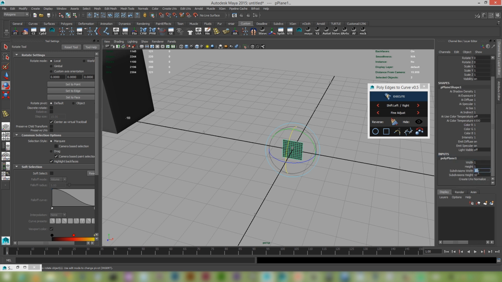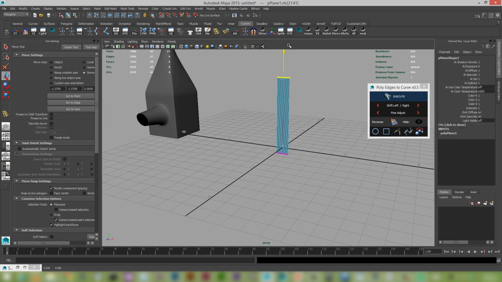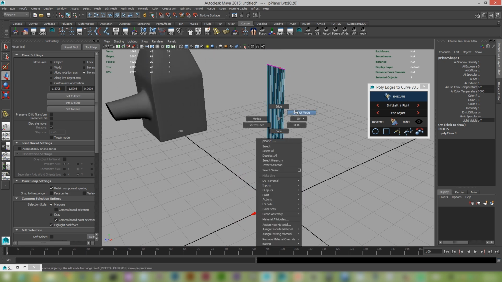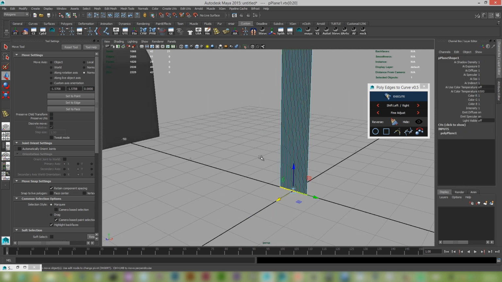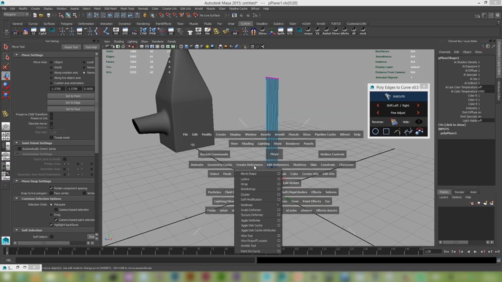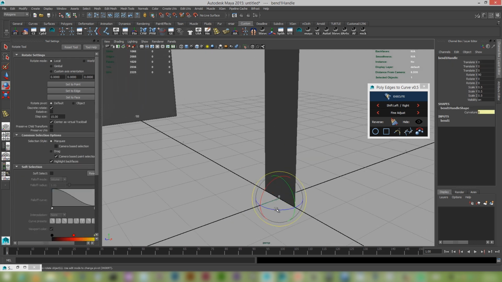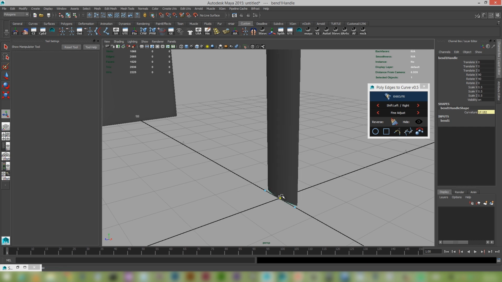So I'm just going to put my subdivisions to maybe just 20 for this instance, since I need to bend it around, and I'll set it to 1, and I'll just really quickly create the shape that I had to do. The stool was a piece of metal that was wrapped around. So when they were creating it, they must have used a plane and just bent it around. So I'm just going to use a bend deformer on that. If I go non-linear, go bend, and let's just spin this guy around. And if I just pull that in,